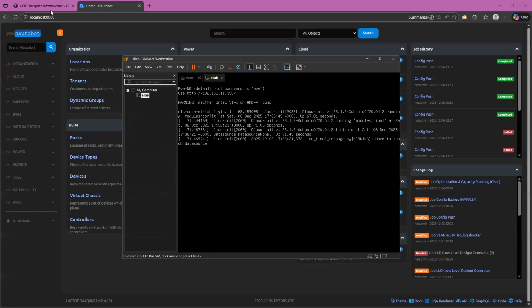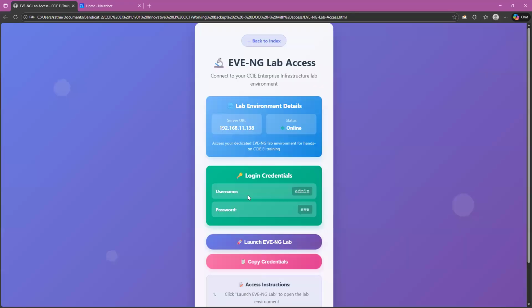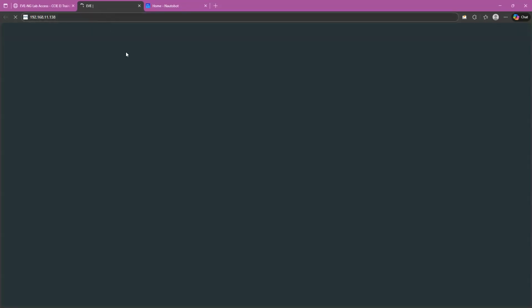So here you can see that I have my EVE-NG. If I can go and open, launch EVE-NG. A little bit slow, don't worry.